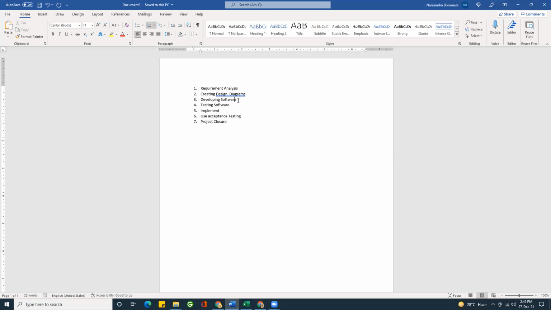Again, under these main activities, we will have sub activities. Like here, we can have a survey. When we are implementing software for the organization, employees in the organization might not show interest, or they might be afraid of the software that they are going to implement. So we need to know what the concerns of the employees working in the organization are. Maybe we might conduct a survey to know about it.